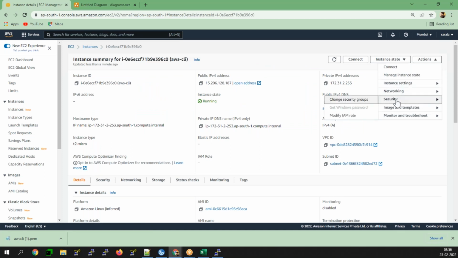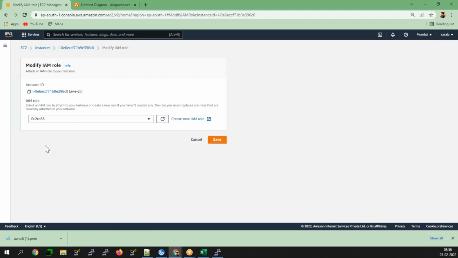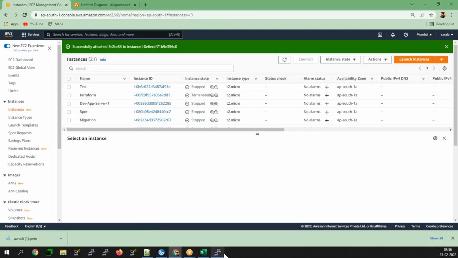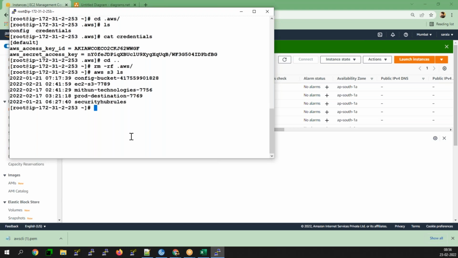Instance, go to security. Modify the IAM role. Attach your EC2 to S3 role. I have removed the credentials, and I can use AWS S3. Now this is happening via the IAM role, isn't it?